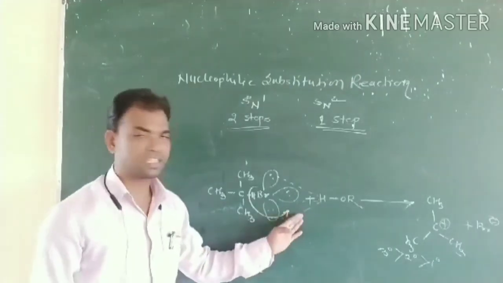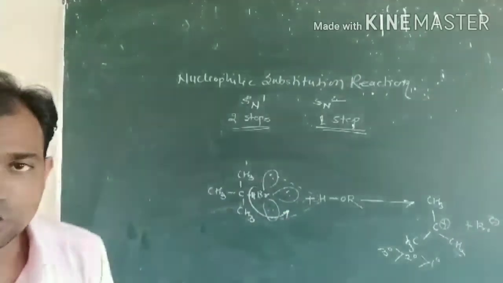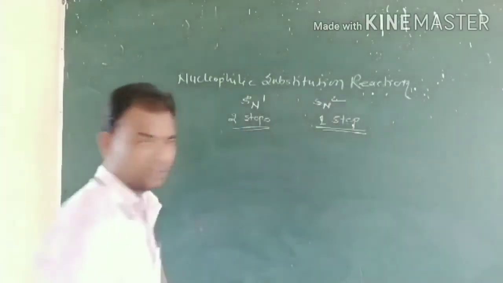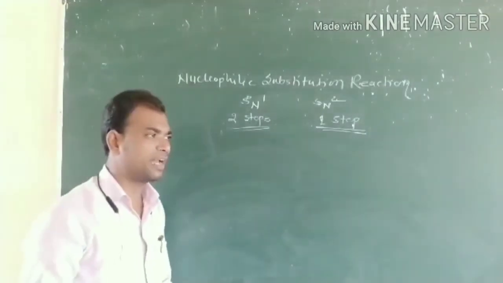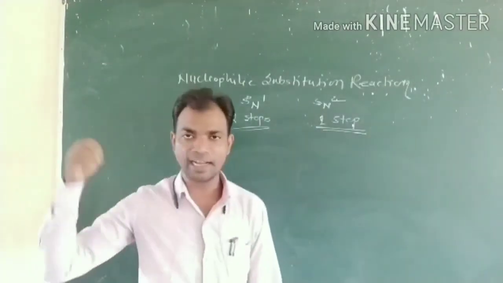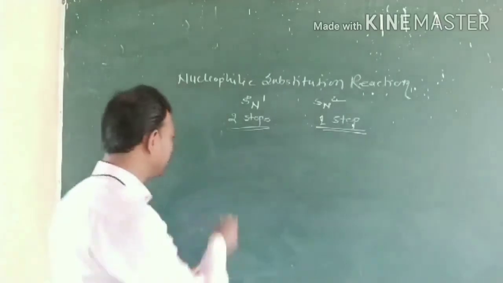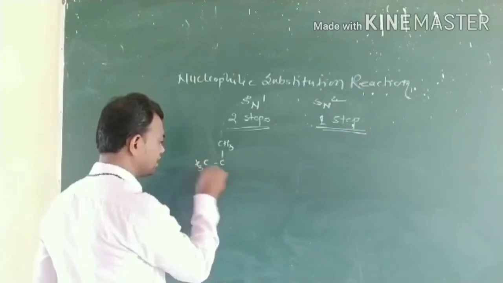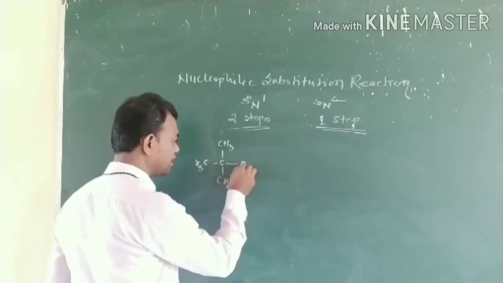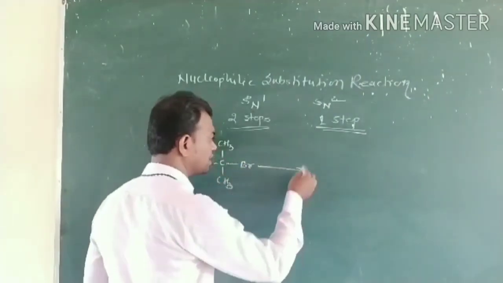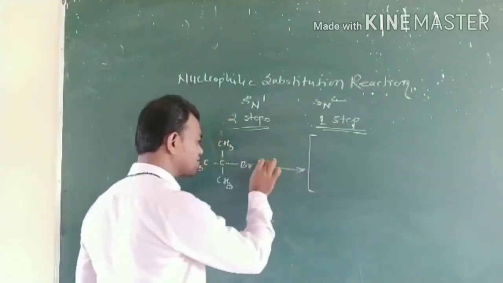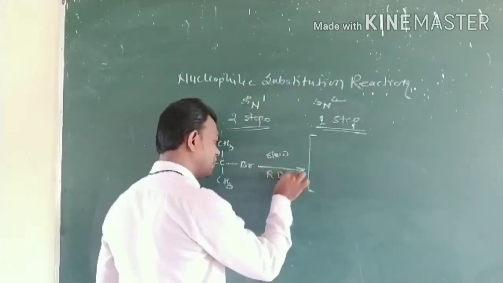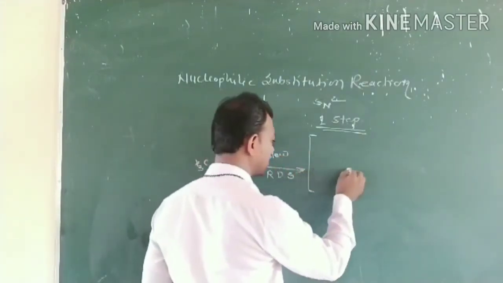Here in the first step, in the actual mechanism, due to the presence of the polar protic solvent, the bromine atom gets solvated and is pulled from the substrate, forming the transition state, that is CH3, CH3, here CH3, here bromine. That state is a slow step, and that's why it is the rate determining step. Slow step and rate determining step.